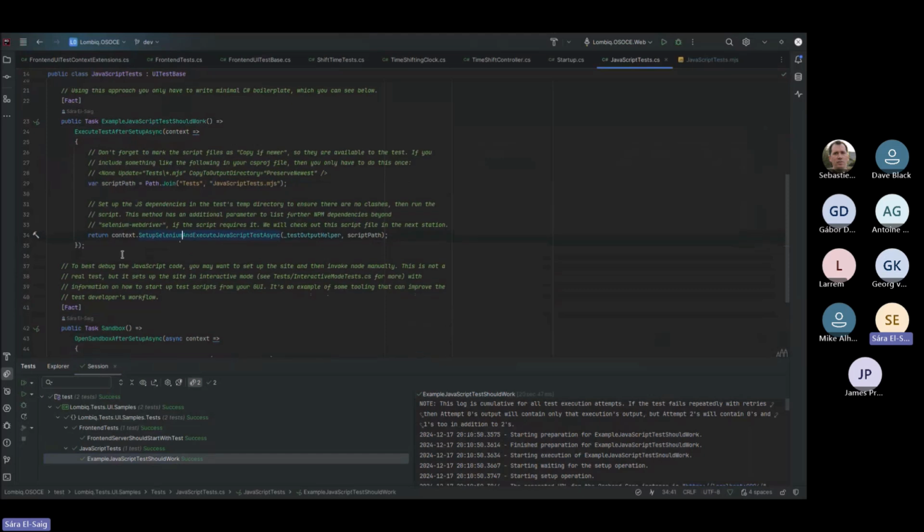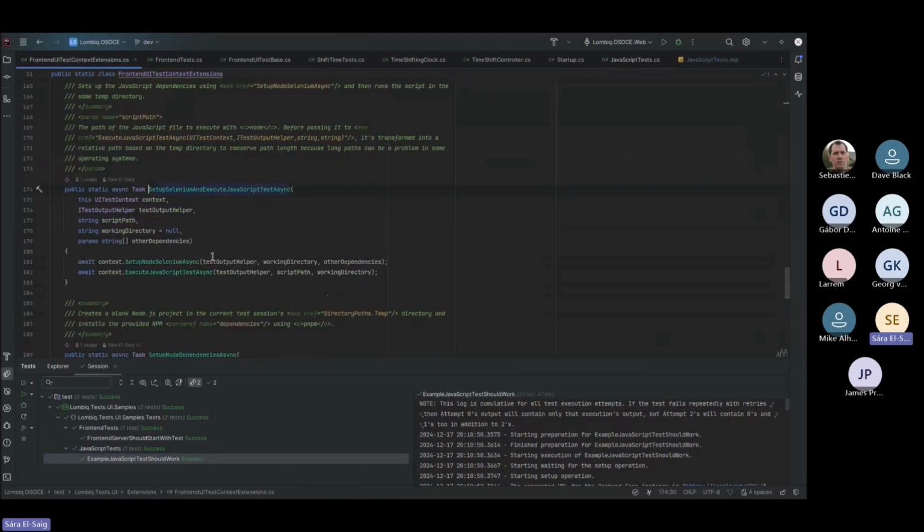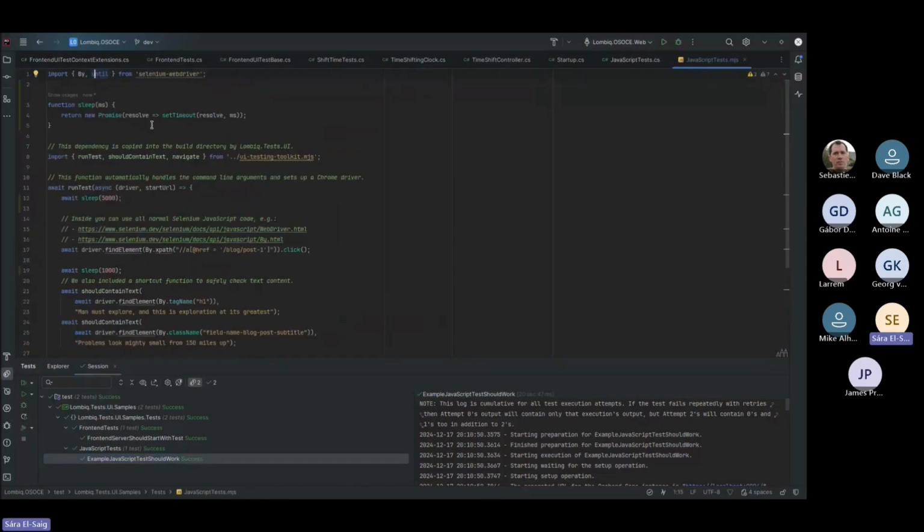And what this does is basically just one command where you pass in a JavaScript path, and additionally maybe npm dependencies, and then it sets it up in the build directory as if it was a node project, and then executes the script. For example, we have here such a script,